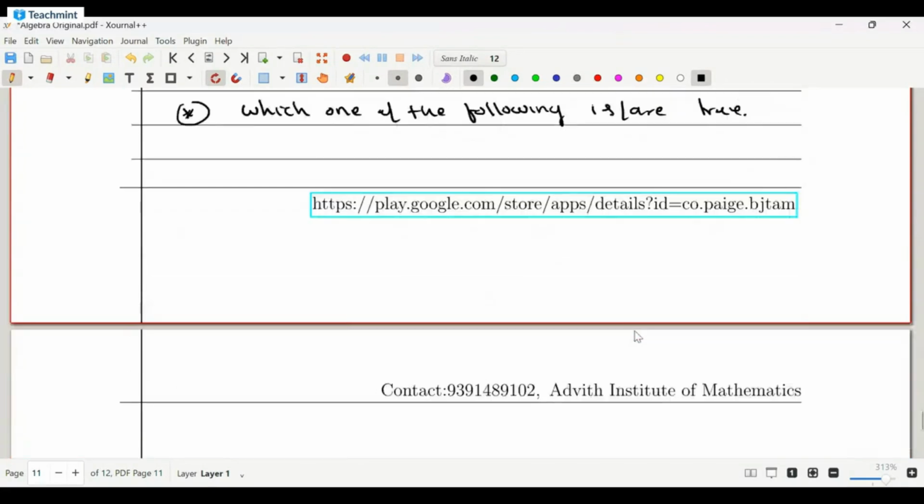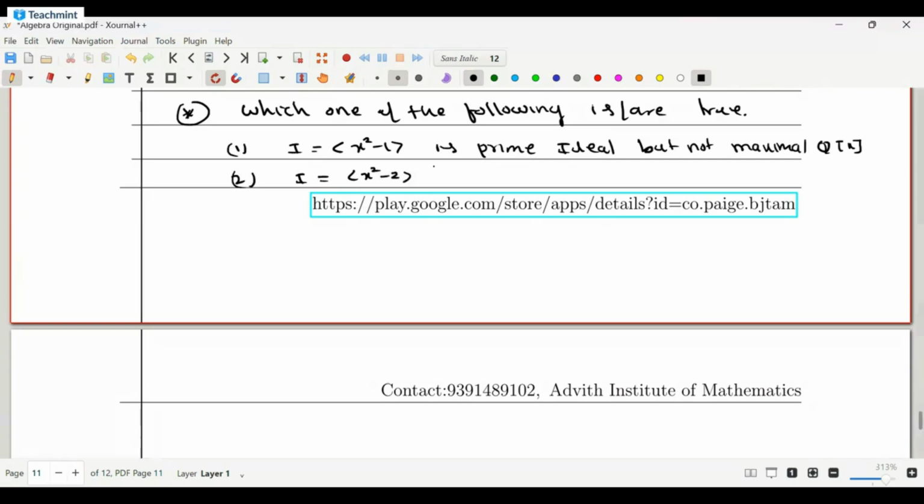Options are: number 1, I is equal to the ideal generated by x square minus 1 is a prime ideal but not maximal in Q over x. And option 2, I is equal to the ideal generated by x square minus 2 is